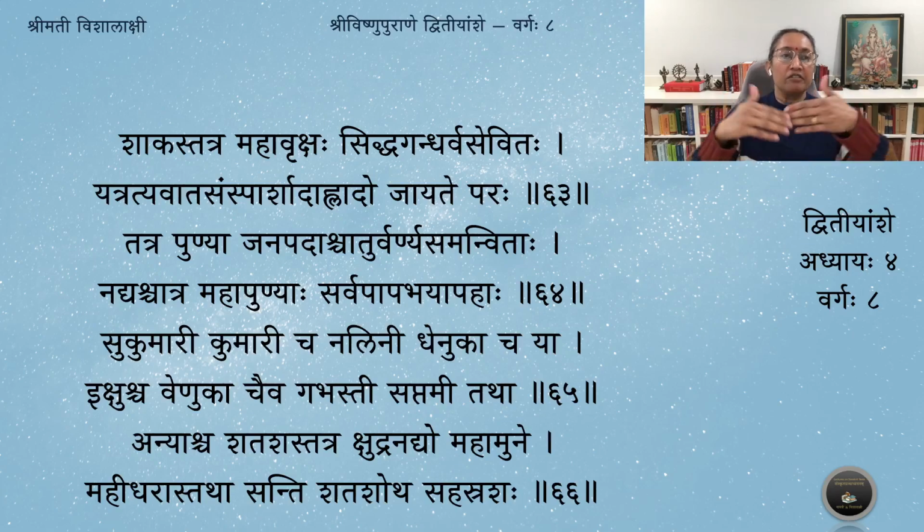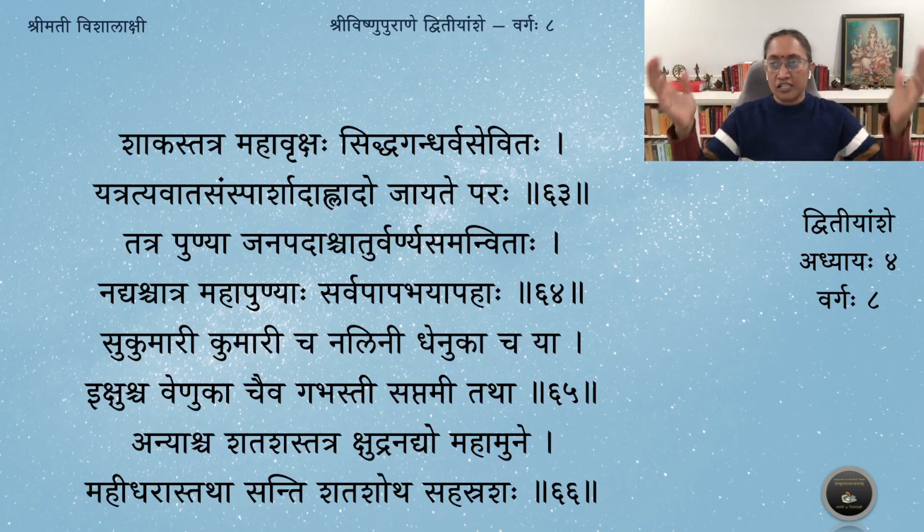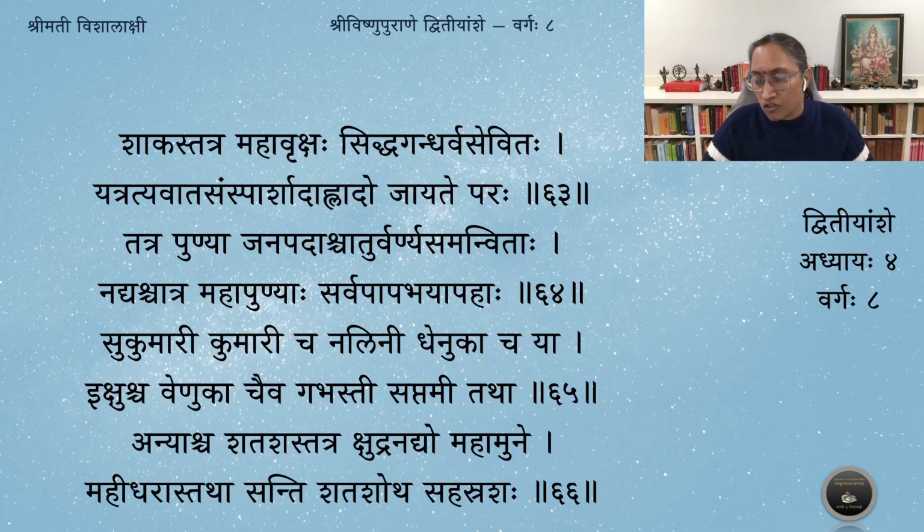Then you have Shakadvipa, which is surrounded by Kshira Samudram. Now we are in the description of the Shakadvipa. Shakaha tatra Mahavrikshaha. So each island is named specifically because of one particular tree that is there, or grass, or a parvatam. For example, Kushadvipa was named accordingly because of the amount of Kusha grass, Darbha grass that is found in that island. Tadanantaram tu tatra Kraunchadvipaha iti किमर्थम इति चेत् प्रायः तत्र पर्वतस्य नाम तु क्रौञ्च इति. So it takes after the name of the mountain that is there within that island.